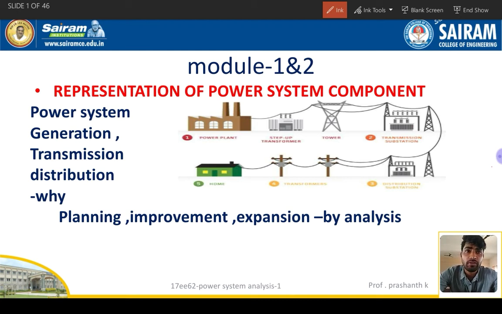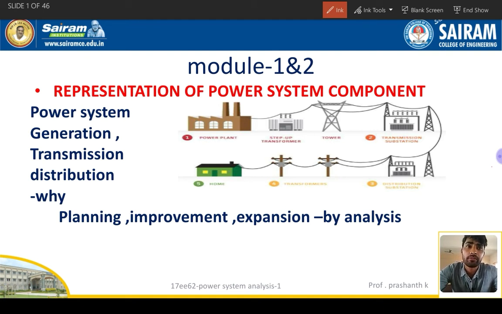Next we have bus bars. A bus bar is for carrying the power. We have different types of bus bars: 11 kilovolt bus bars, 66 kilovolt bus bars, and 220 kilovolt bus bars are available. Next we have a transformer. Transformer is for stepping down and stepping up purposes. Step up transformers we are using in power plants, because there we are generating only 11 kilovolts. So 11 or 66 as per your requirement.